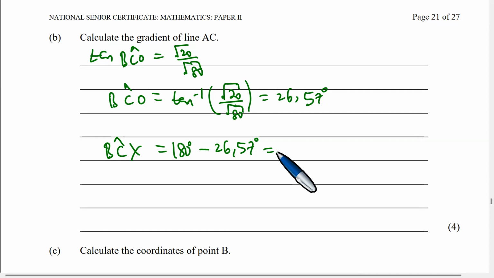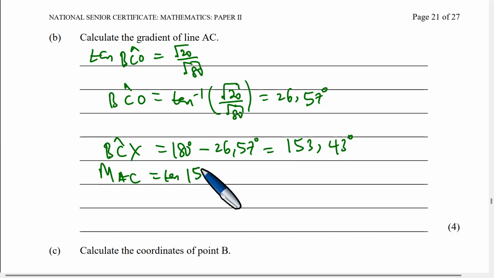I'm trying to use my calculator to actually get the answer. Which is 180 minus 26,57, which is 153,43 degrees. Okay, so yeah, that's PCX, which means the gradient of AC